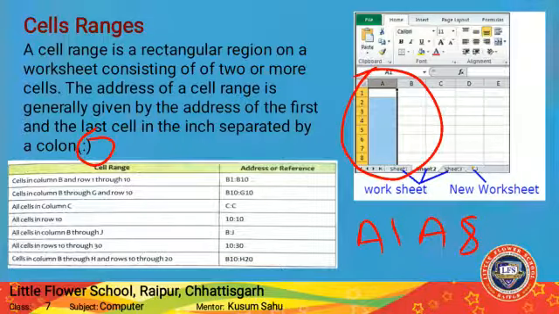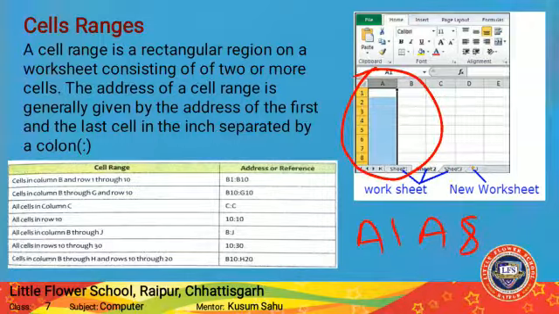Here you can see a list of cell ranges and addresses, or we can say references. Cells in column B and rows 1 to 10 we will represent like this, B1:B10.